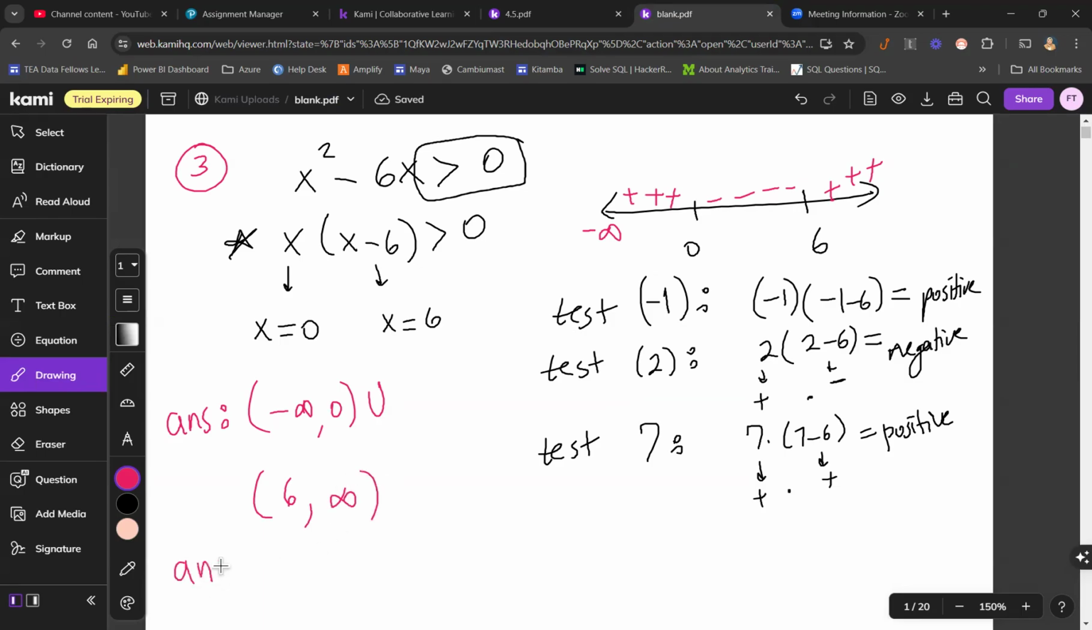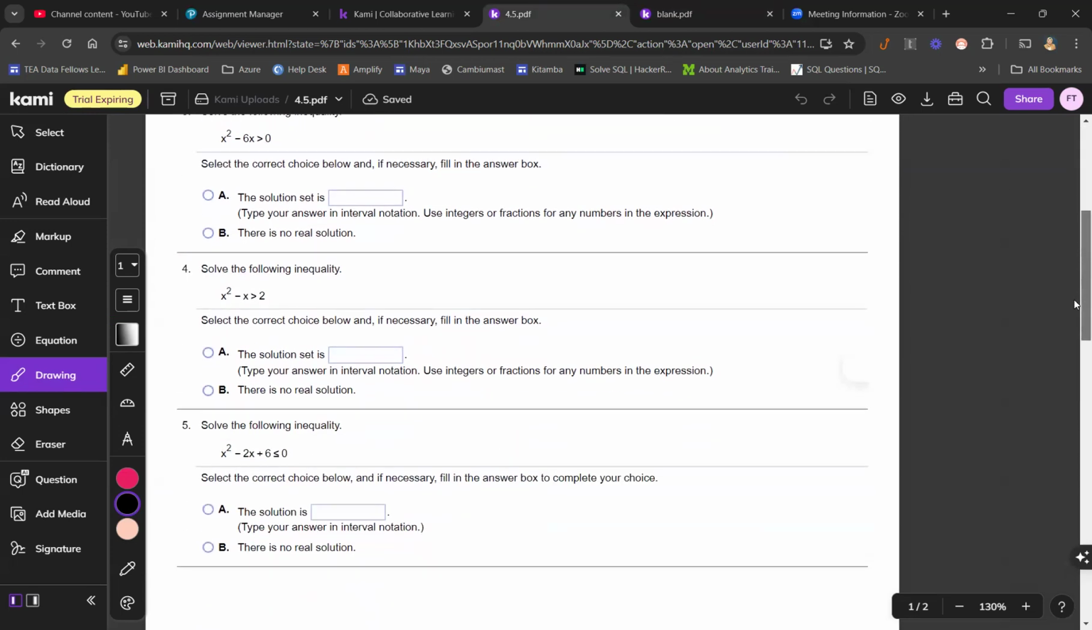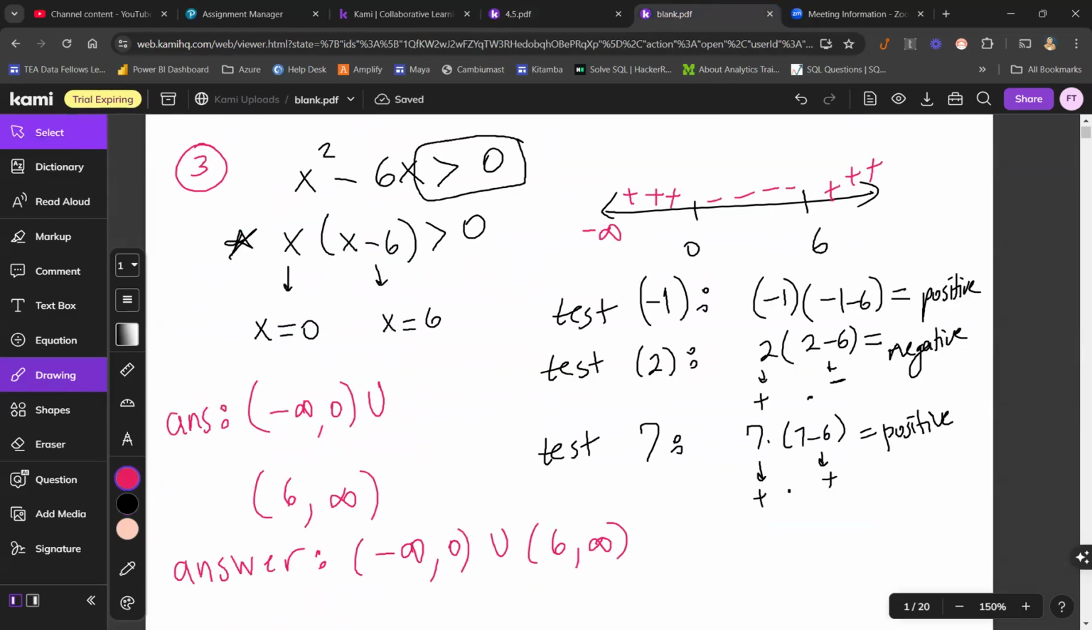So I want to just write the answer one more time. The answer is -infinity to 0, union 6 to infinity for question 3. So you're going to pick A, and you're going to say that the solution set is the union of those two intervals. And for number 4,